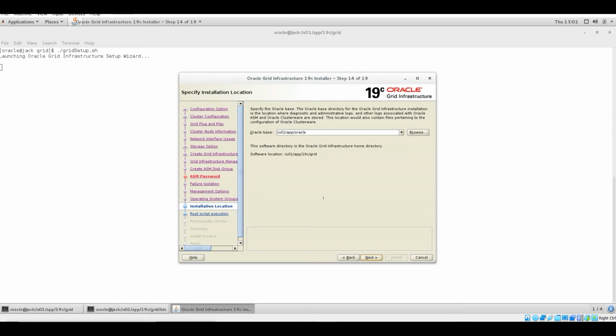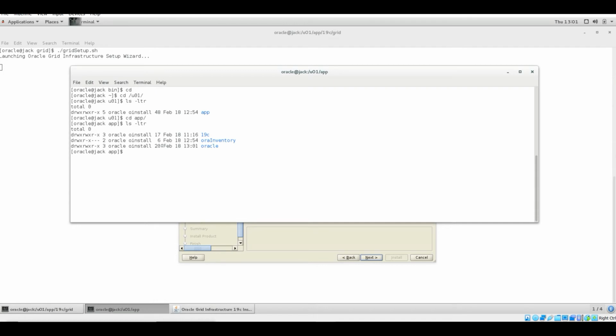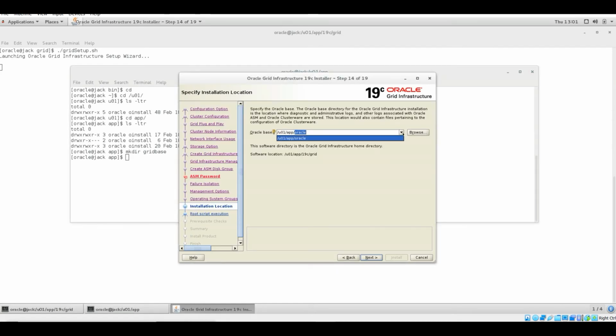And the Oracle base will be, let me change it. Let me first check in here what all directories I had created. Okay, I will make a directory in here with grid base, and let me take this from here.